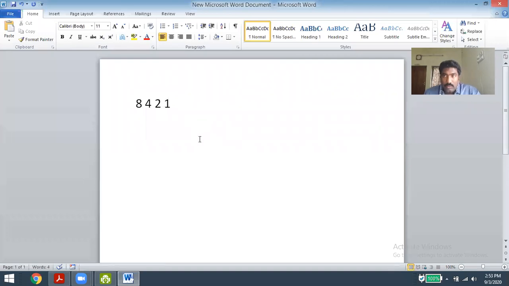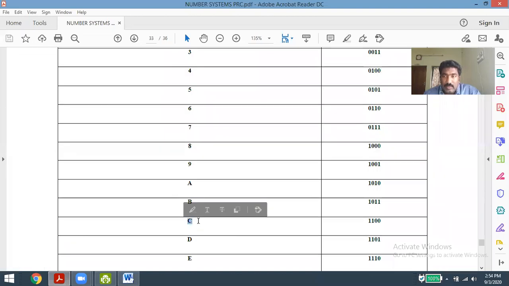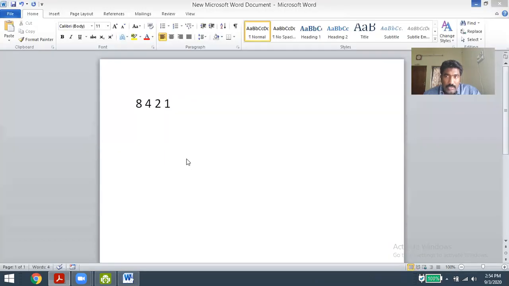Yes, sir. Okay. So for example, if the hexadecimal value is C, I'm taking C as the hexadecimal value. What is its value? 9, 10, 11, 12. Is it clear? So I have 12 and I want to convert it into binary, base 2. Very simple technique. Go for the sum value of 8421. How can we get the 12?